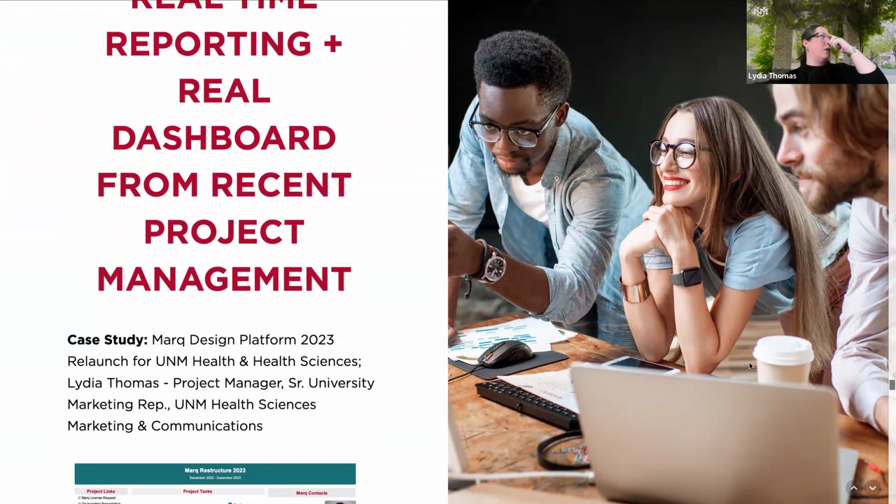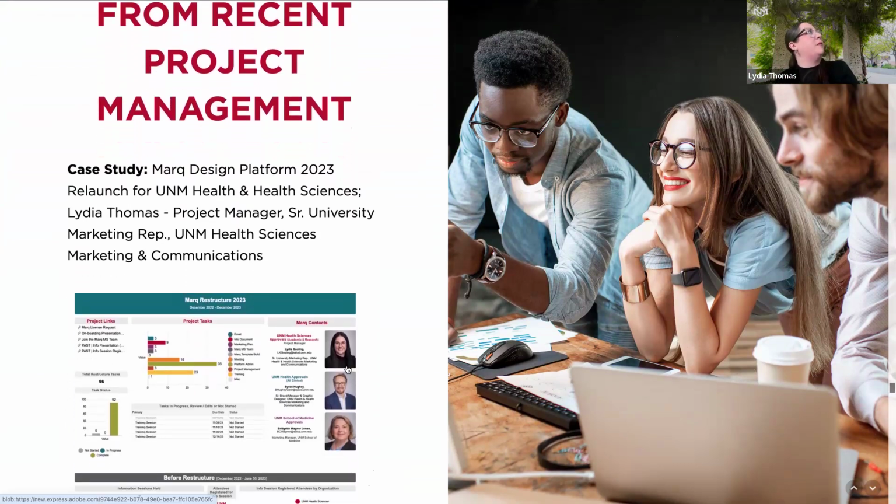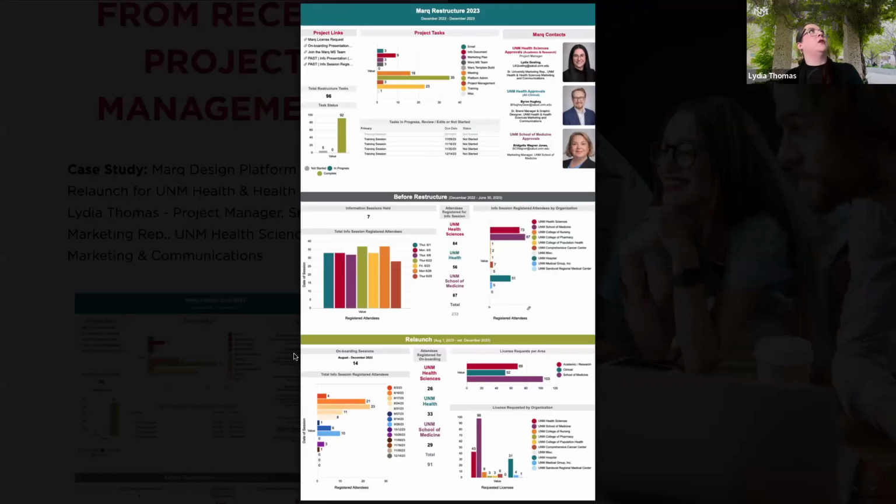So I've got some older examples, and this is where I'm going to reveal. I once came from health sciences. When I was working for health sciences marketing communication, we had to do a MARC restructure. If you're familiar with MARC, it is a design platform similar to Canva. We rolled it out because it's specific to our brand colors, to our guidelines, and we were able to create